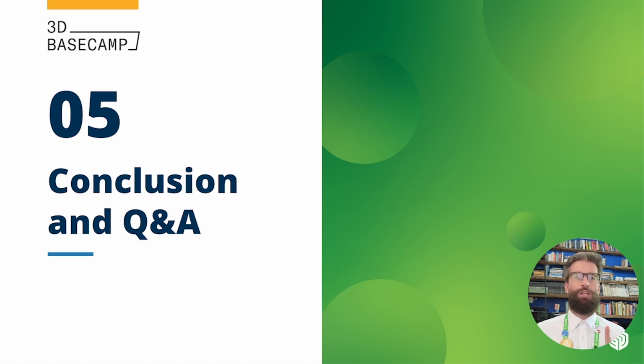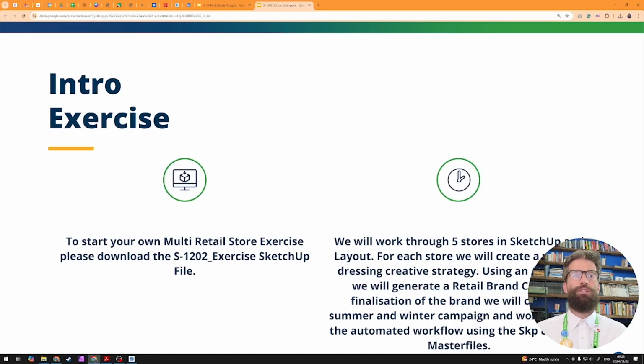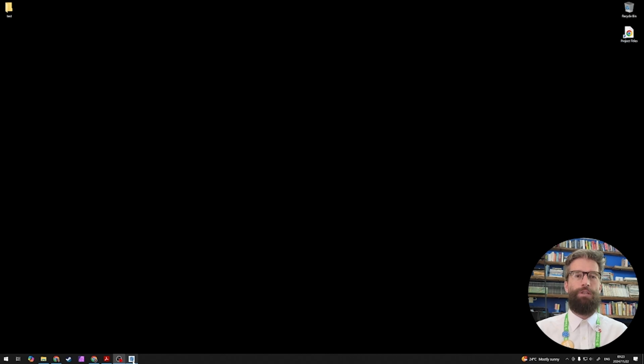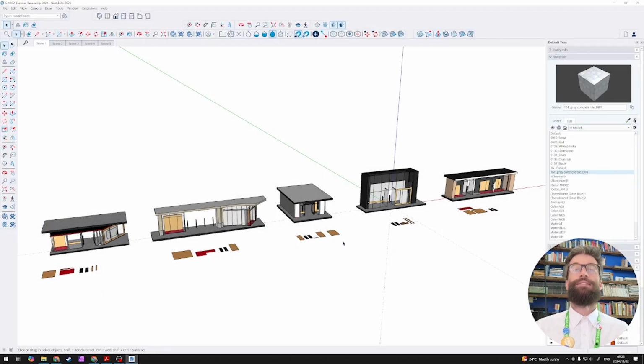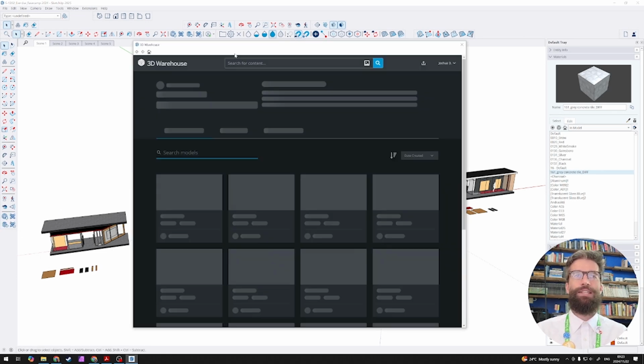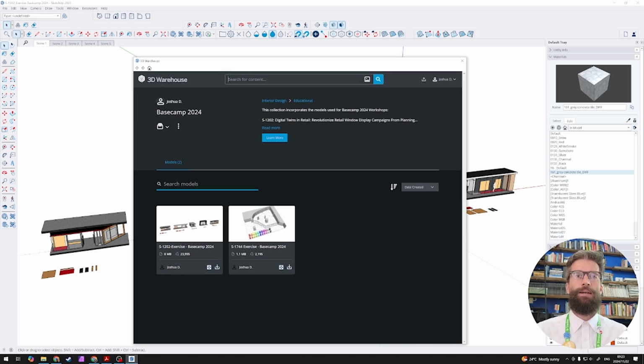Okay, we're not going to go to the conclusion and Q&A. We're going to just jump out of this presentation, and then we're going to jump into the SketchUp file. This is the SketchUp file you're going to download. So if you're struggling with that, let me show you here. Go to the 3D Warehouse on the left-hand side, your large tool set. I'm going to download